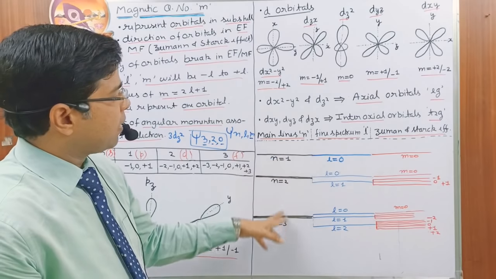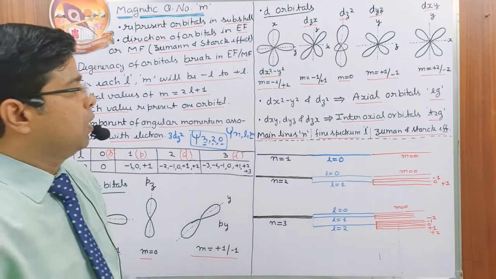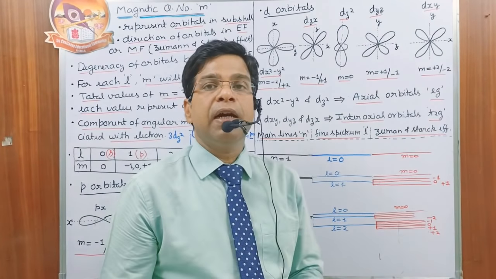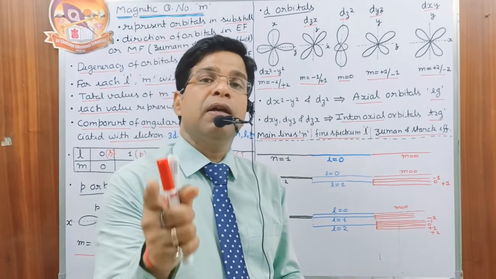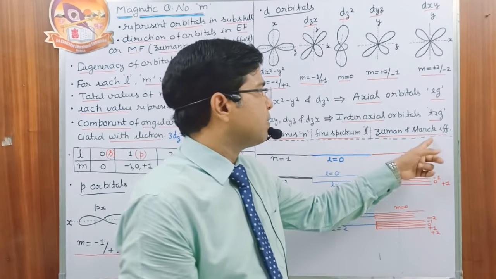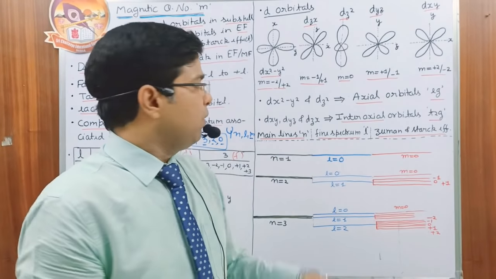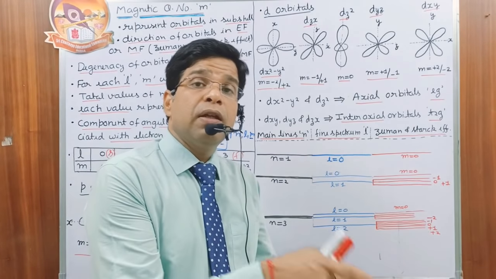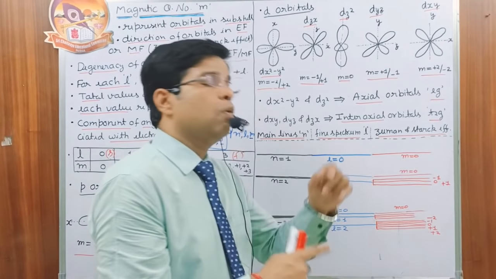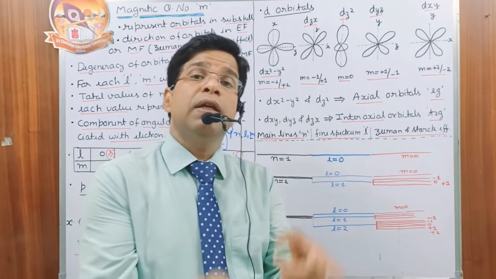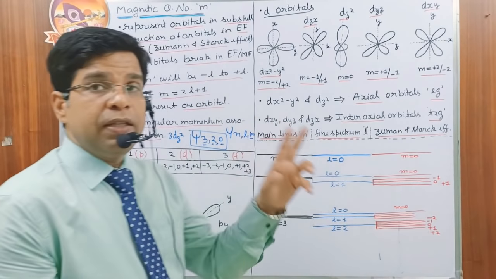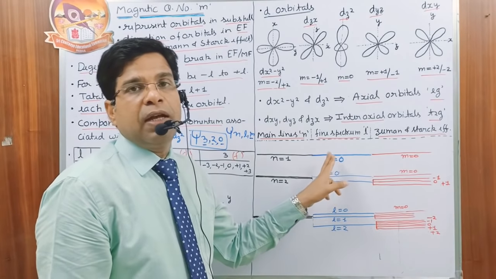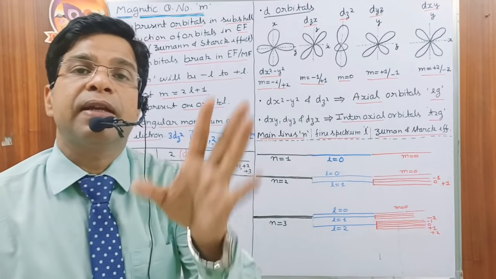In the first one, the black line indicates the main lines, the blue line indicates the fine spectrum under HRS, and the red line indicates the splitting of the orbital in the presence of the Zeeman effect or the Stark effect, that is the magnetic quantum number m. If n is equal to 1, then l is also equal to 0. Only one value is possible. If l is equal to 0, then m is also 0. This means in the first shell we only have one s subshell, and the s subshell is made by only one orbital, the s orbital.